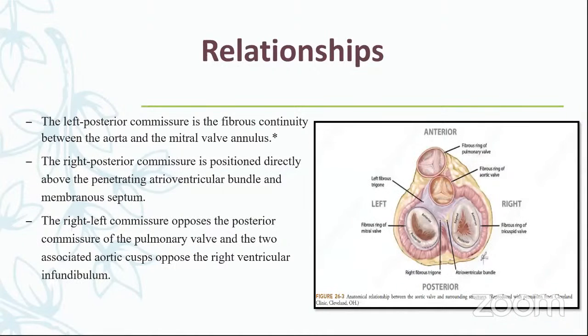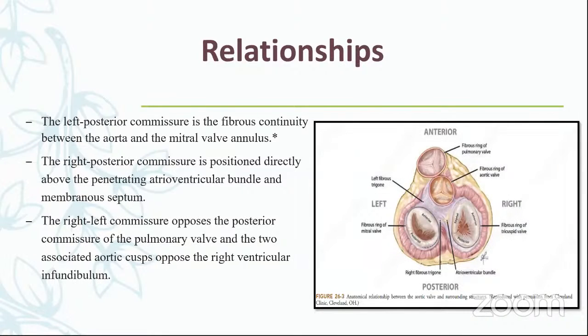The left posterior commissure is the left, as we see here. This is the left posterior commissure. Here, it will be here. The left posterior commissure is a fibrous continuity between the aorta and the mitral valve. And below this commissure is the aortomitral curtain, which is an important anatomical landmark for aortic enlargement